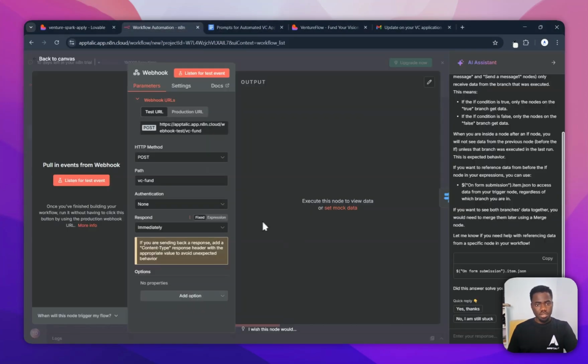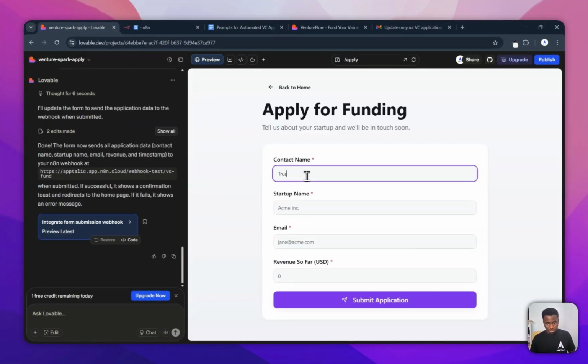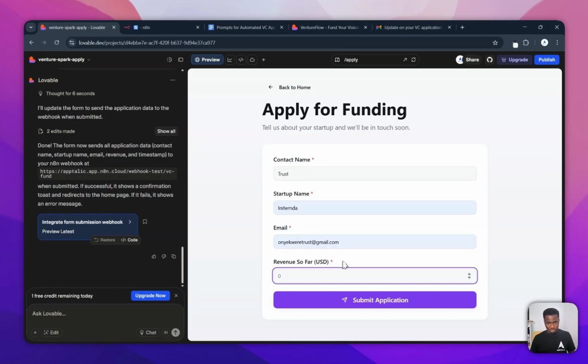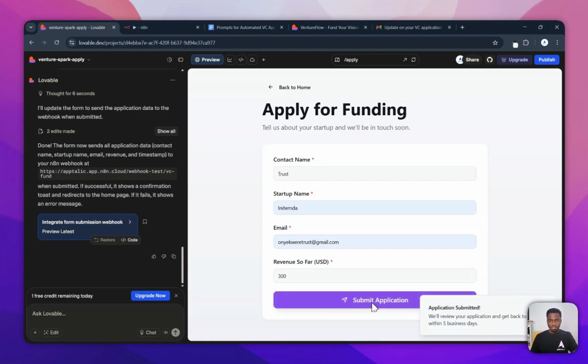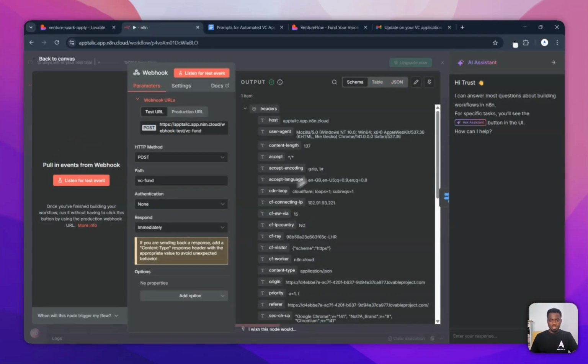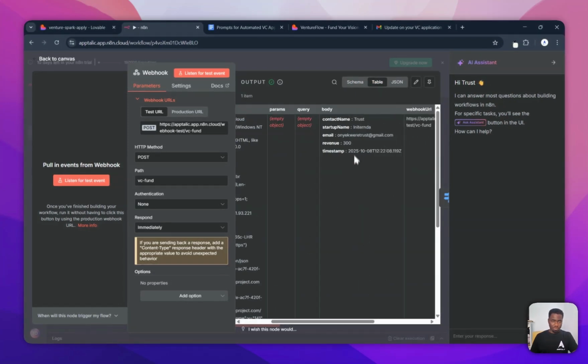So let's test it to get information. Click on listen. And then we'll submit a test. Under revenue, say 3,000. Okay, let's make it smaller. Any amount is fine. So submit. We'll receive a business and get back to you in the next 5 business days. Okay, that's submitted. Let's get back here. Fantastic. We received the data. We received the name and the revenue correctly. Okay, so let's now